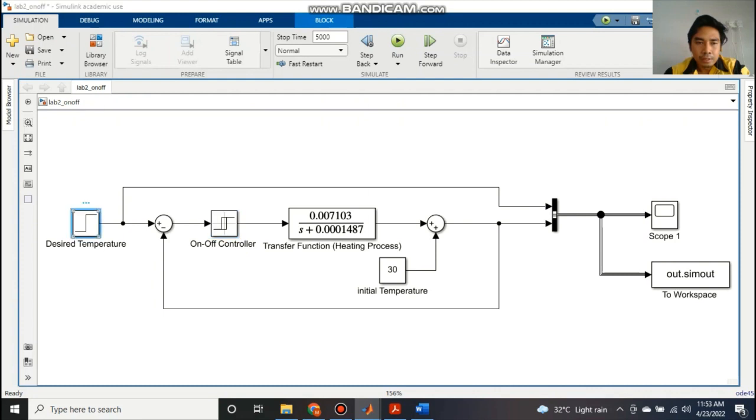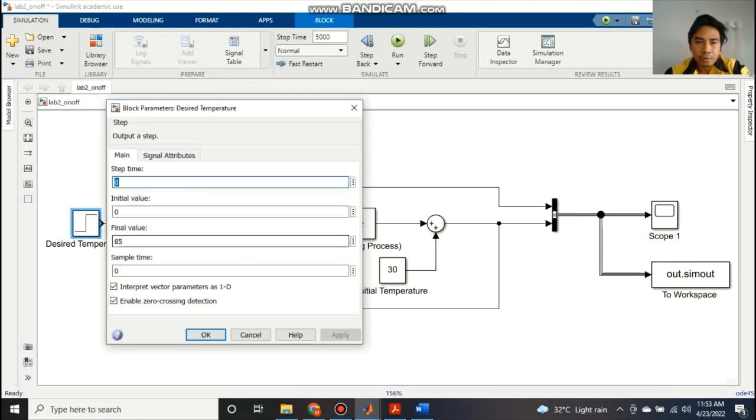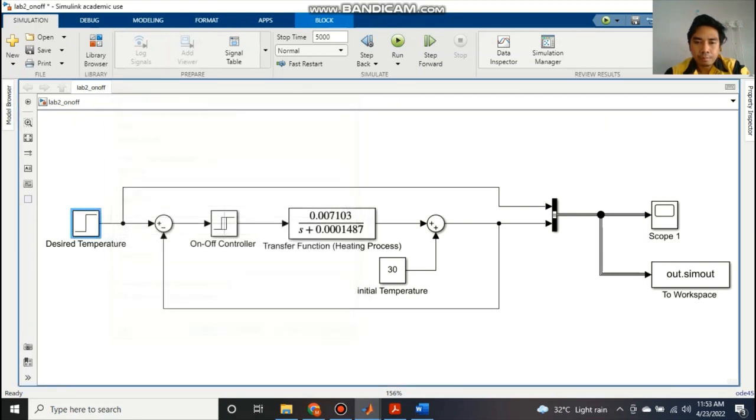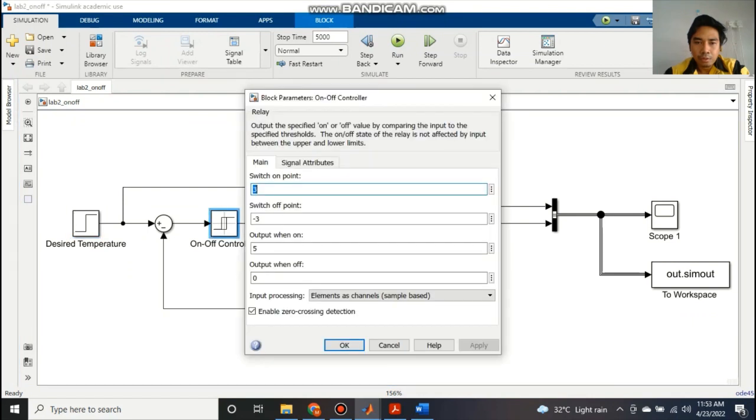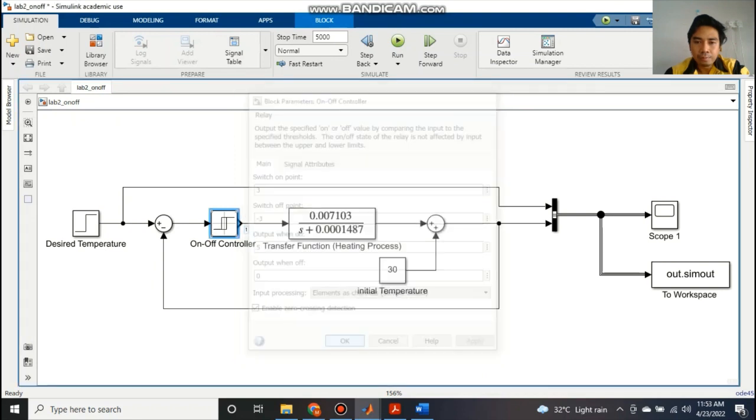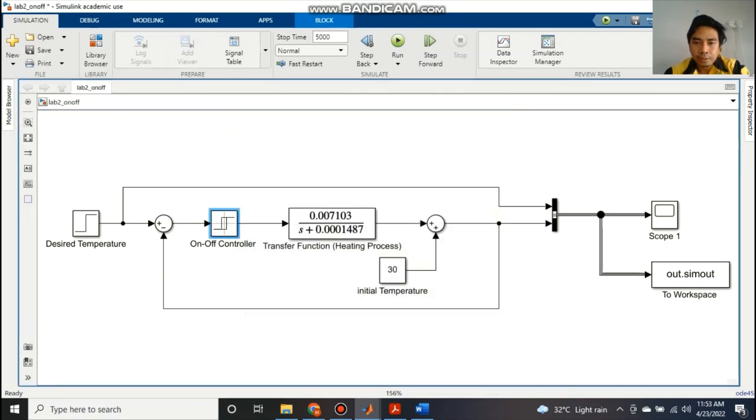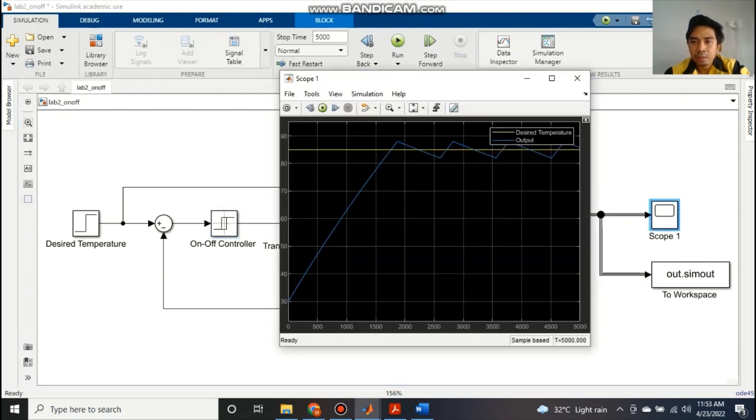First, this is the desired temperature. I will set the final value at 85 Celsius, and this is the on-off controller, switching on at 3 and switching off at -3. The initial temperature is set at 30, and the output will be shown on the scope and sent to the workspace. So when I run the program, I will get